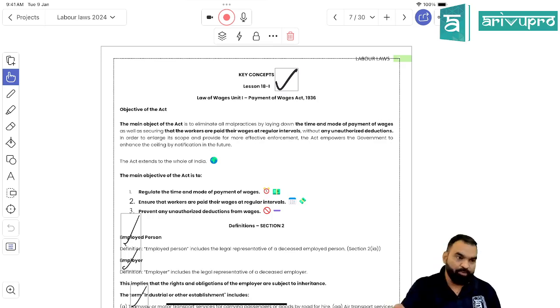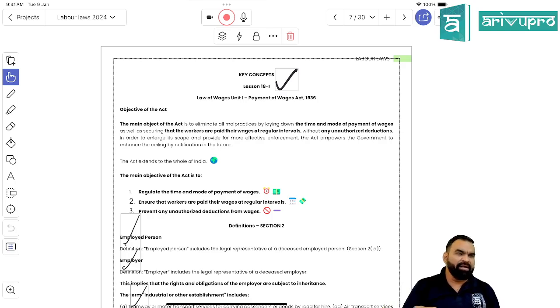There is no punishment provided under Payment of Wages Act. It is basically a disciplinary enactment, so that there should be a discipline on the part of the establishment, that they would not do anything which is detrimental to the interests of the employees, right? So they are saying that if unnecessary deductions have been made, then maximum up to 10 times of the deduction or 3000, whichever is lower, would be the fine or compensation that needs to be paid to the employee from whose wages the amount has been deducted, right?